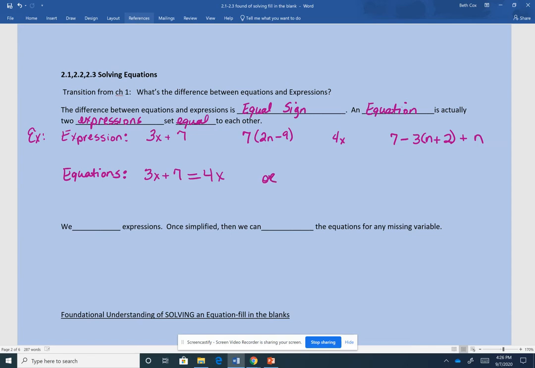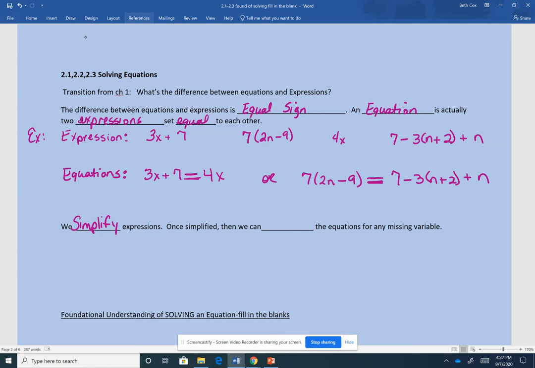Or another example might be 7 times 2n minus 9 equals 7 minus 3 times quantity n plus 2, plus n. And that would be an equation. It's got an equal sign. And it's very important that you pay attention to that equal sign. Okay? We simplify